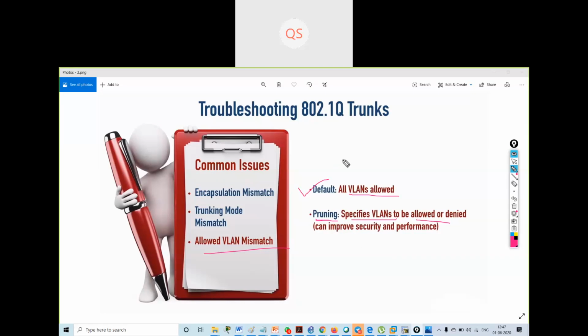By default it is VLAN 1. But for security purposes we can change it to some other number like 199 or anything, and if you do that, you want to make sure that it matches on both sides. So we have seen how to change the native VLAN also, in our CCNA syllabus.